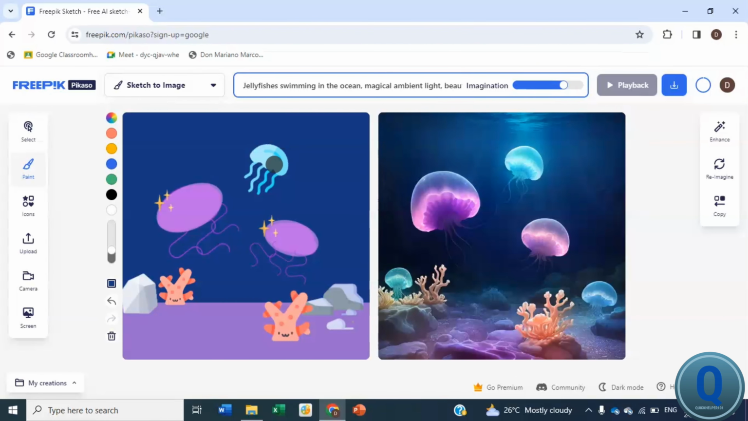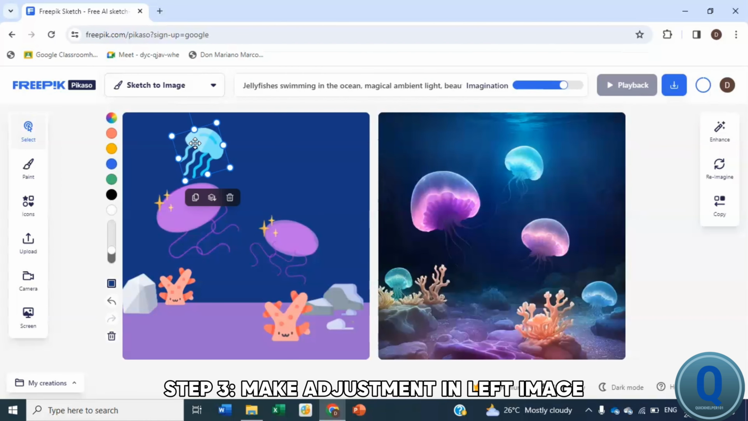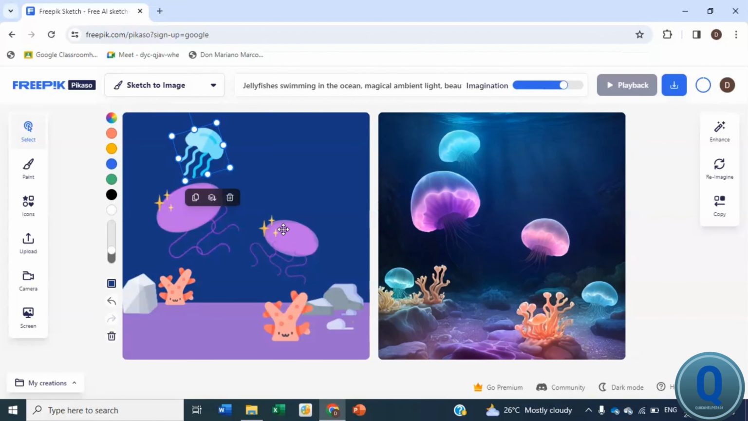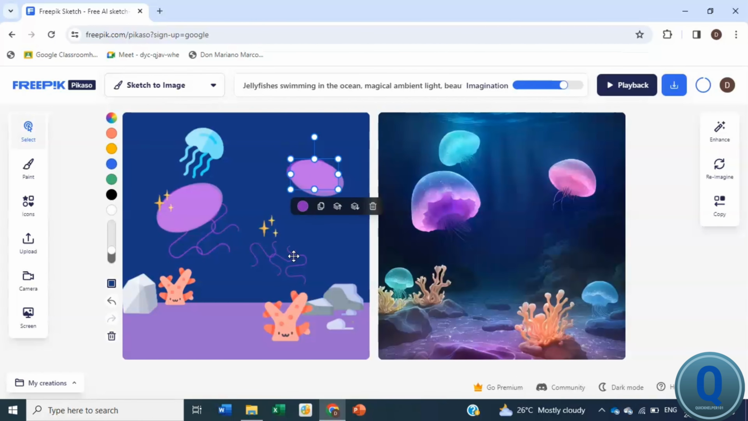Now, onto the surface, we have the Freepik Picasso tool at our disposal. As we make adjustments to one image, the corresponding changes reflect in another. It's that seamless. With a plethora of options on the left toolbar, we can freely explore and add resources to